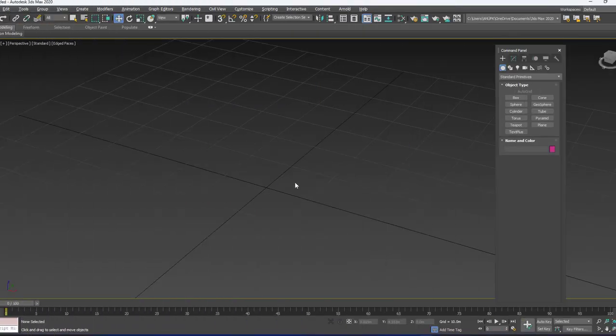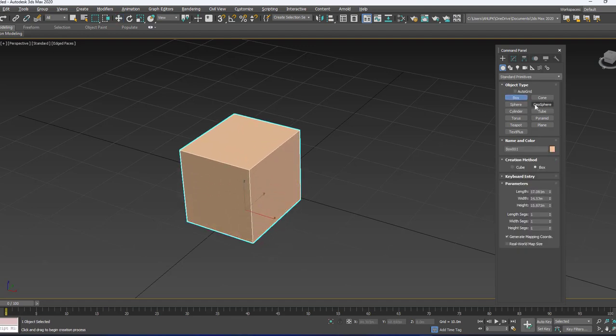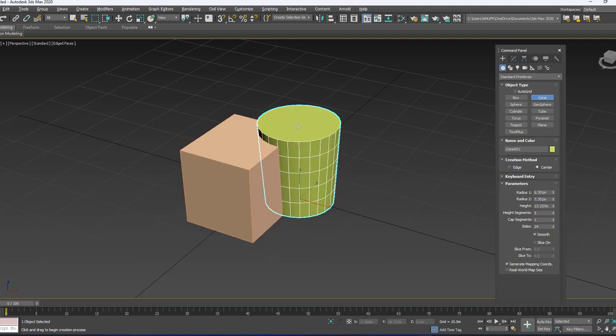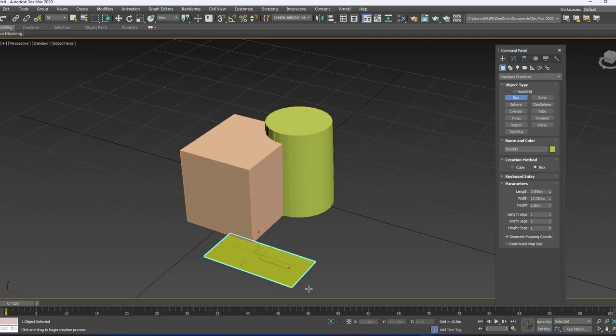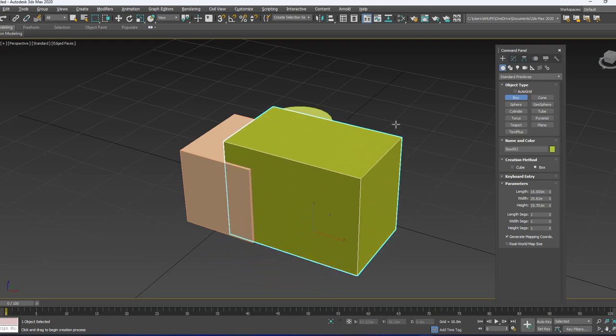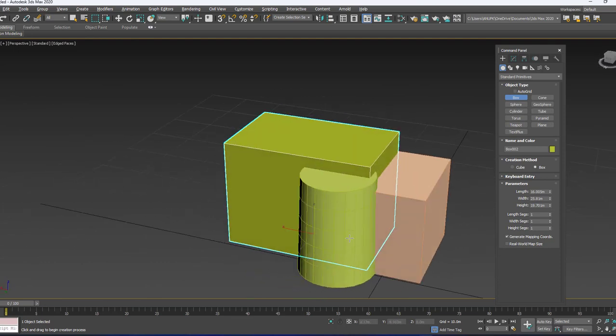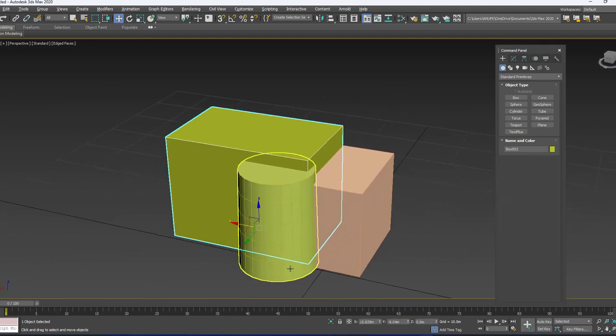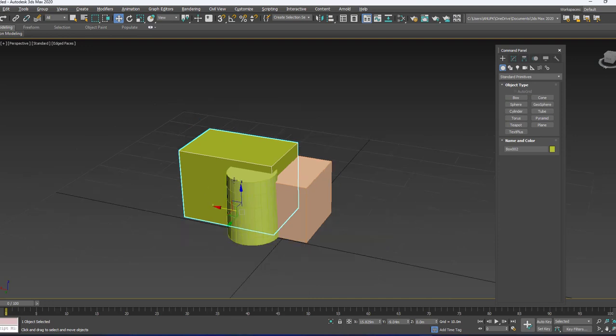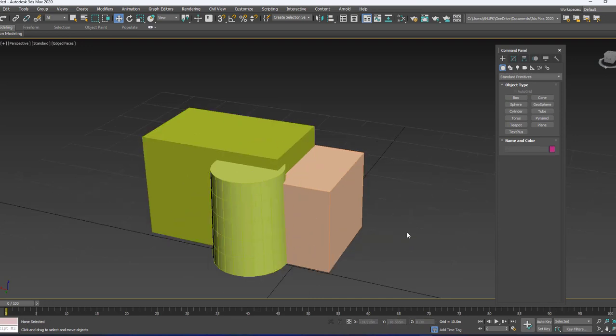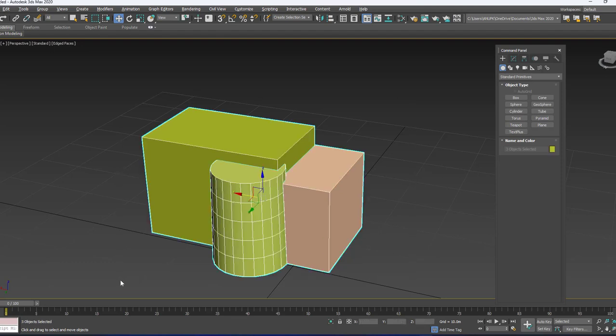As the name indicates, if you want to add a number of geometries or objects into one group, then we use the group command. I just go with the box now, or you can go with any other geometries. Again I go with box. Like this. So once I'm done, individually you can click any object which one you want to select, but if I want to add all these geometries into one group, first I select all these geometries by cross selection